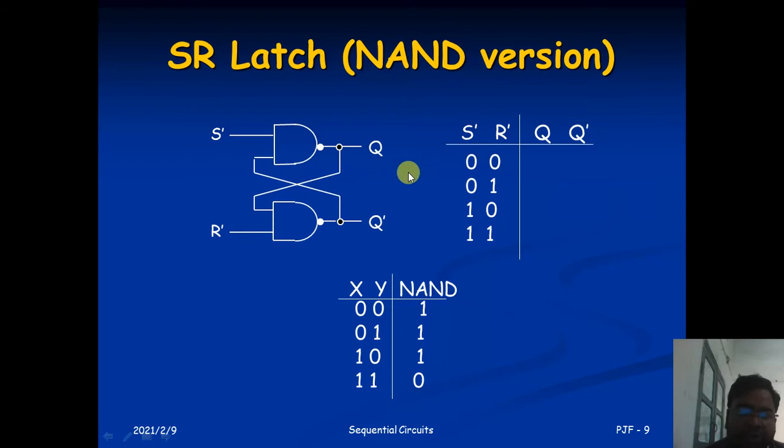As you know, you need a memory element for constructing a sequential circuit, and we have a latch that can store a memory element. A latch is an electronic device which can store 1 bit of information. This is the diagram of the latch. The SR latch is built only from NAND gates, with these two outputs. If you provide 0 here, then 0 will pass on to this gate and it will become 1, and this 1 will be given to this other gate and it will become 0.